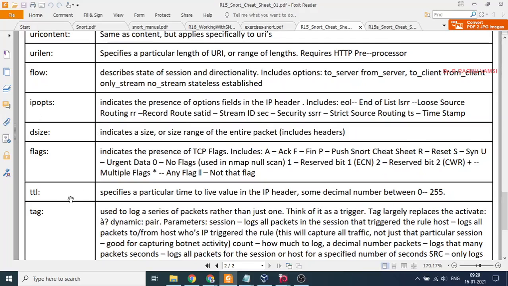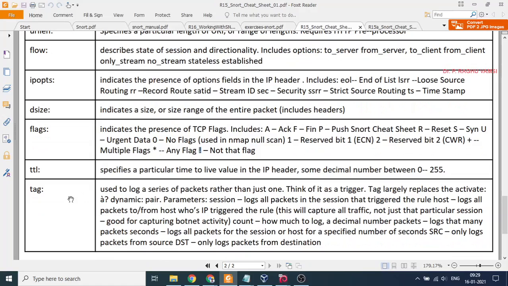Snort rule formation. Next is TTL, which specifies a particular time to live value in the IP header. Tag is frequently used to log a series of packets rather than just one. Think of it as a trigger.